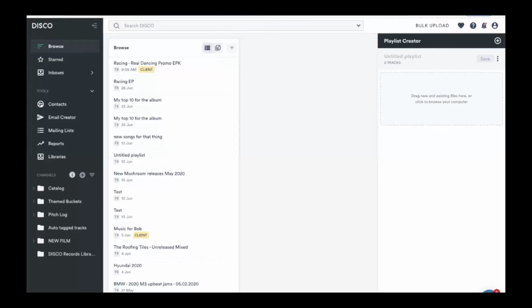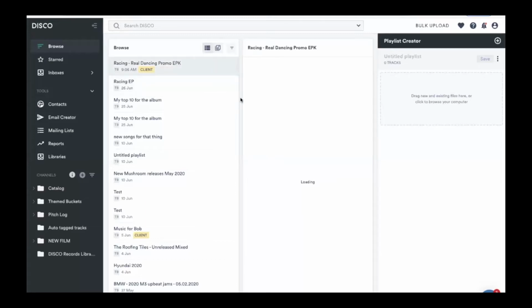A lot of the slowdowns that we found were in bouncing between all these different tools and constantly uploading files and downloading files. And music supervisors, since they receive hundreds and hundreds of emails with things to download every week, it takes up an enormous amount of time. So in Disco, we'll show you how all that is combined.